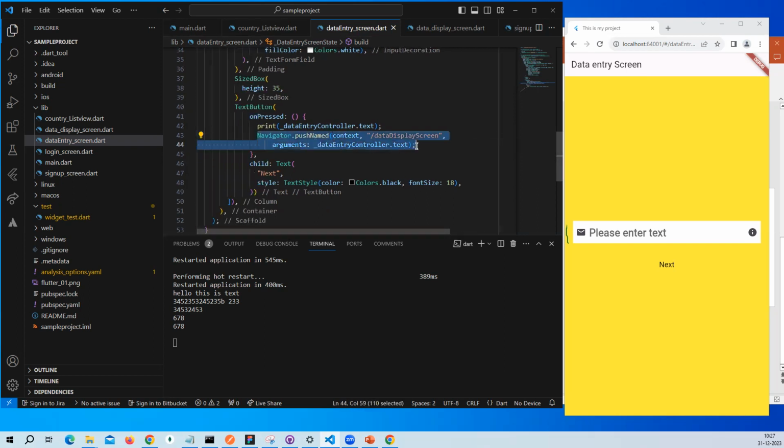We are passing this information. We are passing Navigator.push with the named route, and this is the argument. This argument I am going to pass through the navigation. Okay, and so after passing the navigation, okay,